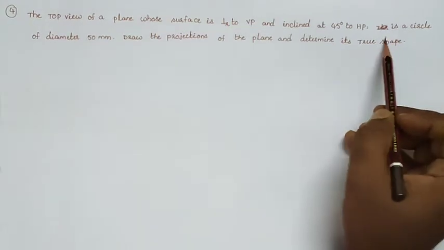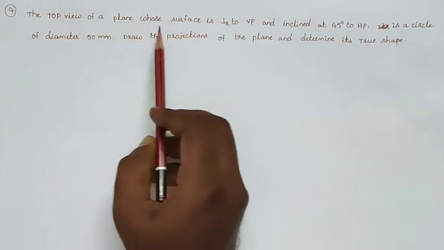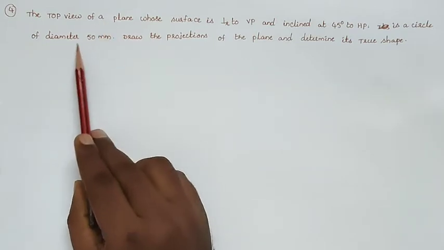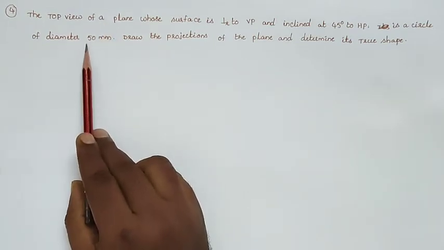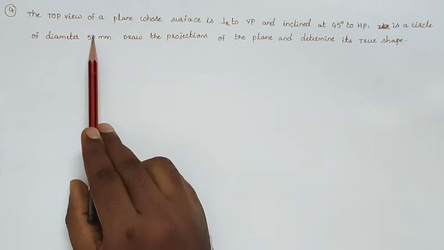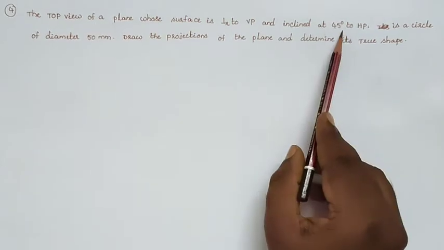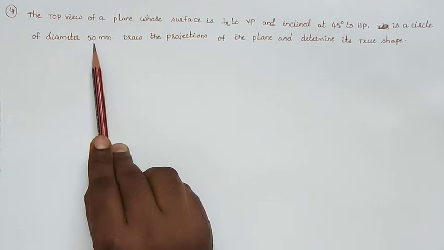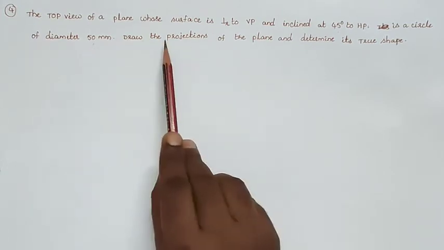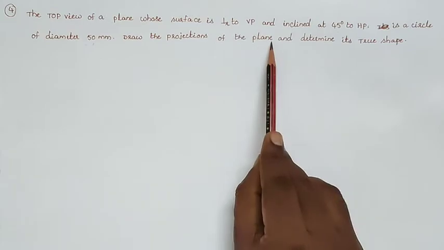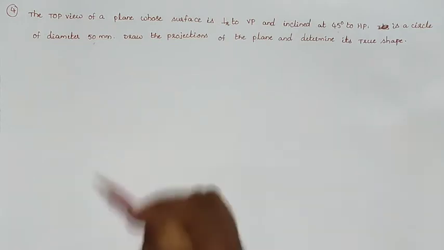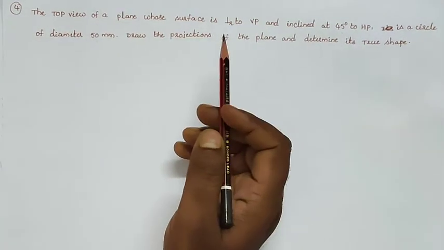and the top view of a plane whose surface, they are giving the top view in the problem. The top view of the plane is a circle of diameter 50, and the surface is inclined 45 degrees to the HP, and also they are giving that the top view is a circle. So here they are asking to draw the projections of the plane and determine its true shape. Because they clearly give the top view as a circle,